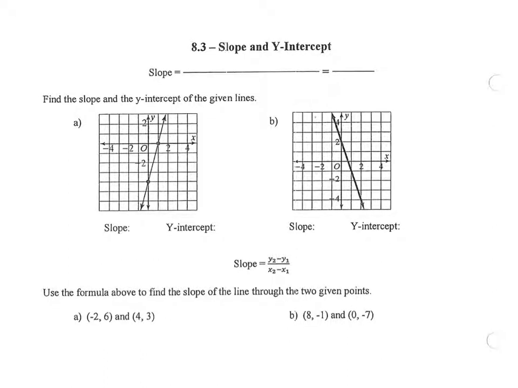Okay, the slope of a line is the steepness of a line. So it's the change in y. Remember that y is going up and down. It's the change in going up and down divided by the change in x. So it's also called the rise over run. What we're going to do when we find the slope is make what's called a slope